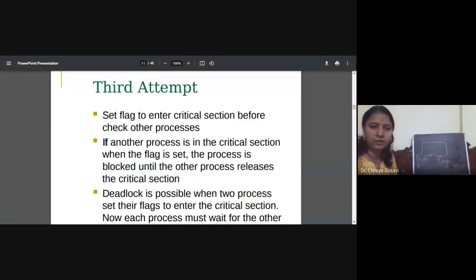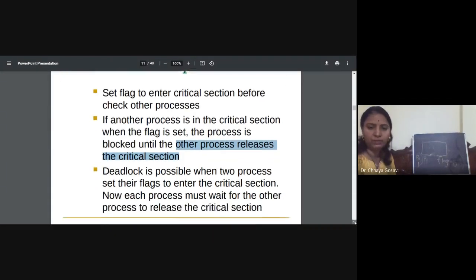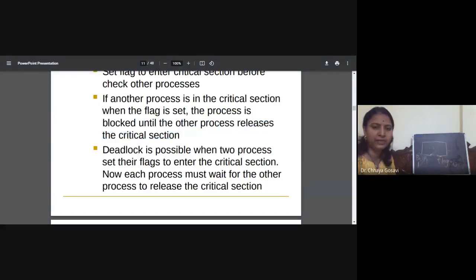So if another process is in a critical section when the flag is set, the process is blocked. That means it has to wait until the other process releases the critical section. So here deadlock is possible when two processes set their flags to enter into the critical section. Now each process must wait for the other process to release the critical section, so it will create a deadlock.